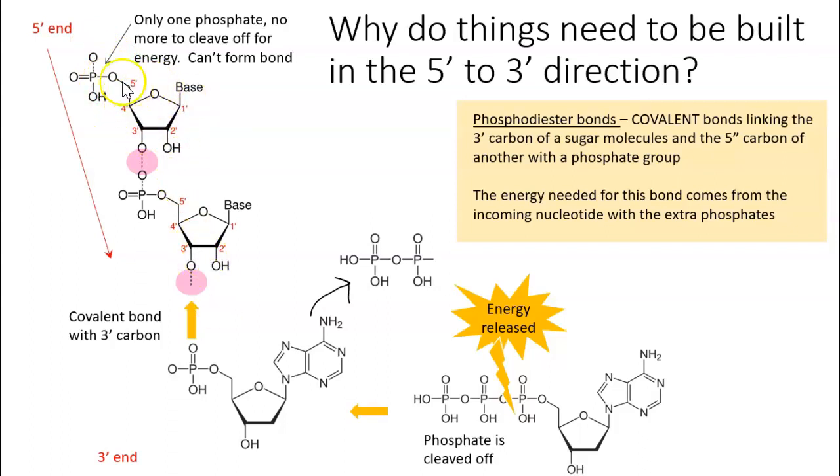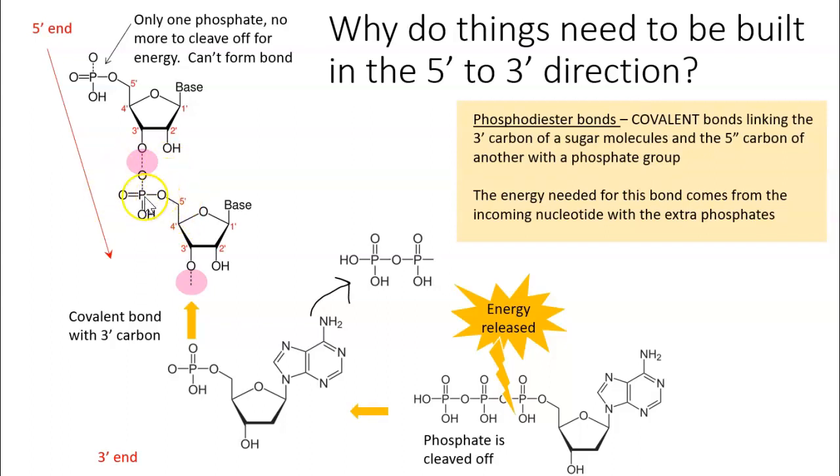The phosphate gets attached to the 5' carbon, and then the new nucleotide is going to form this link between the 5' carbon here, using a phosphate, connecting it to the 3' carbon. Okay, and then this bond right here that gets formed is called a phosphodiester bond, or sometimes you'll see it as a phosphodiester linkage. So you're basically linking the 3' carbon of this sugar molecule and the 5' carbon of this sugar molecule